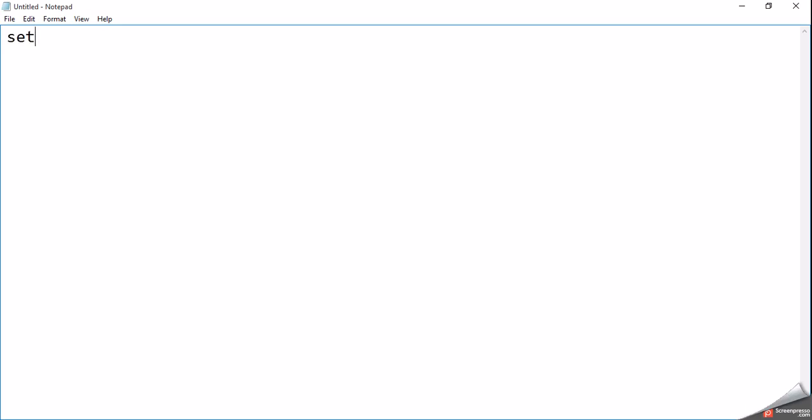We have setPriority. To set the priority, suppose the thread is T1, so T1.setPriority, and here we can specify the priority. Same as, if you want to know what is the priority of my thread, you can use getPriority. But here, what is the meaning of setPriority? Here we are not specifying anything. So for this purpose,